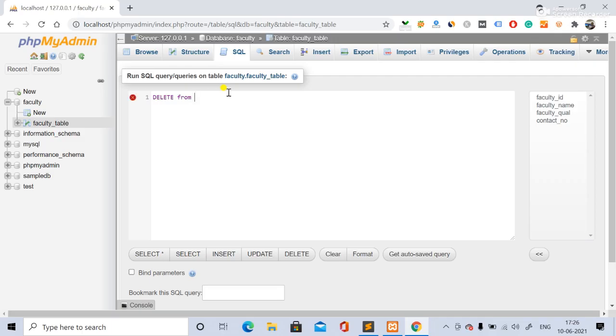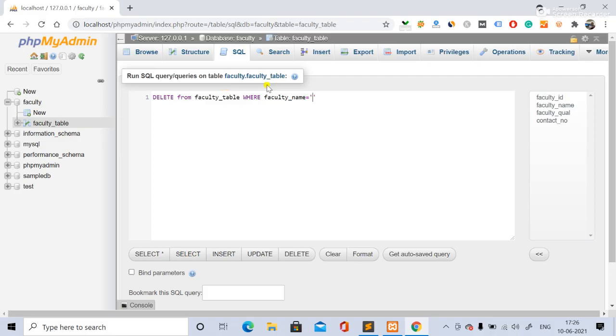Fine. So delete from faculty table. Now you can use the where clause, meaning a particular specified data you have to delete, then you have to mention like this, where faculty ID is equal to, or faculty name you can say, is equal to, see, like this, in quotes you have to give it.